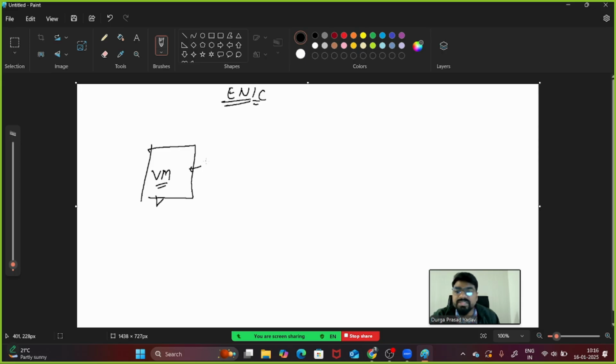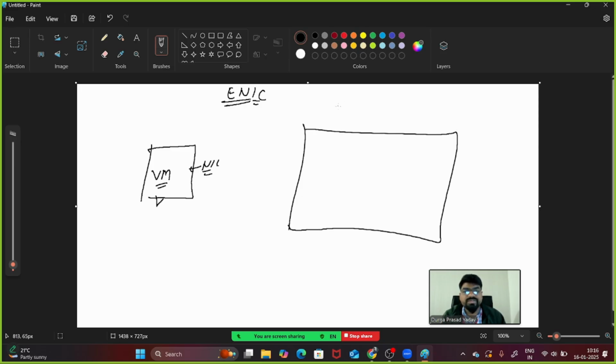This virtual machine needs a network interface card also to connect with another network, so that you will do a deployment of a network in future called a VPC, virtual private cloud. It is the virtual network of your AWS. Here you will divide your network into different parts. Let's say this will be your small network 1, this will be small network 2.